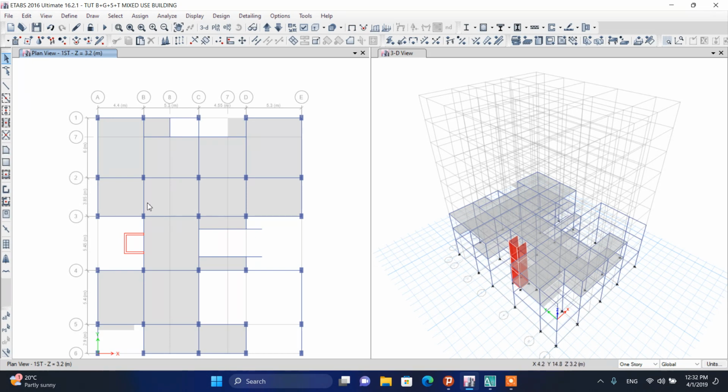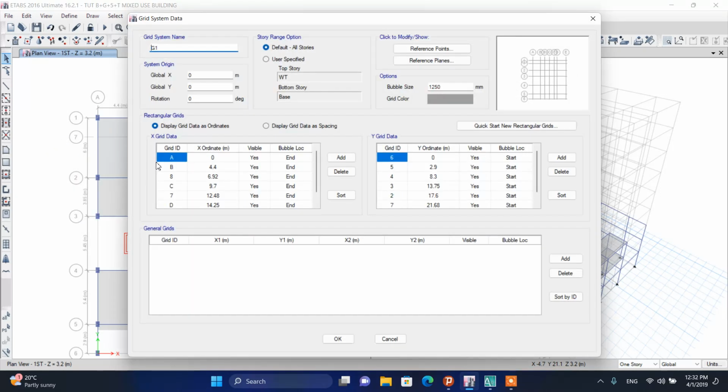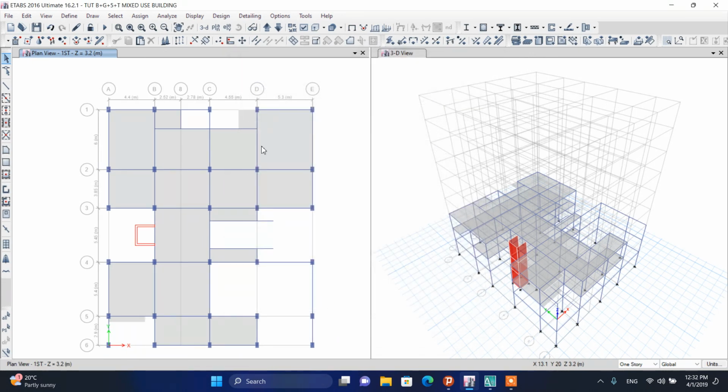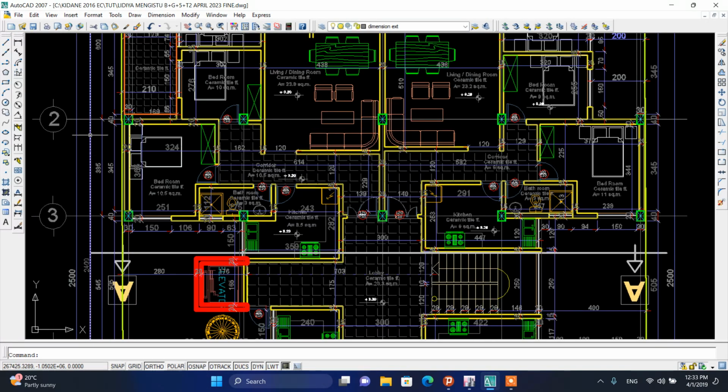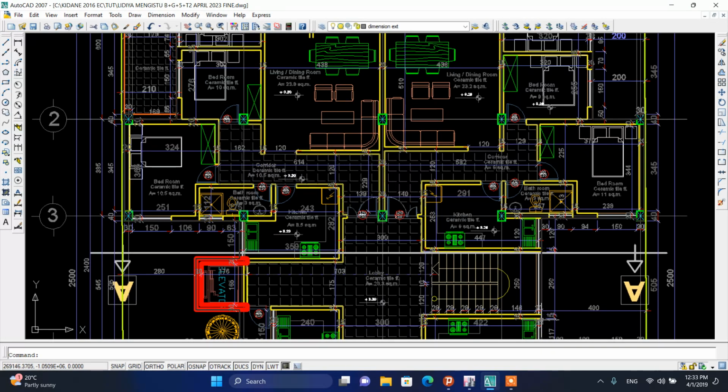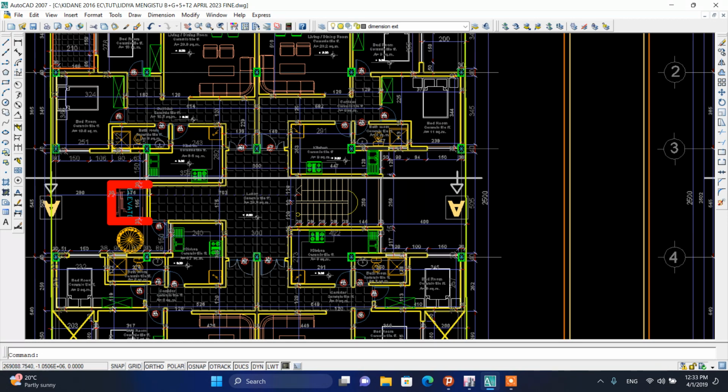You can proceed between 2 and 3 by first deleting a reference grid line because I have finished drawing that last, so make it okay. So between 2 and 3, check your architectural plan between 2 and 3. Okay, there is no up and down. Make it as it is, and between 3 and 4, there is a modification here only,